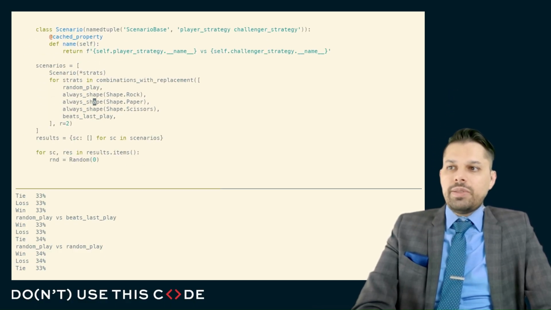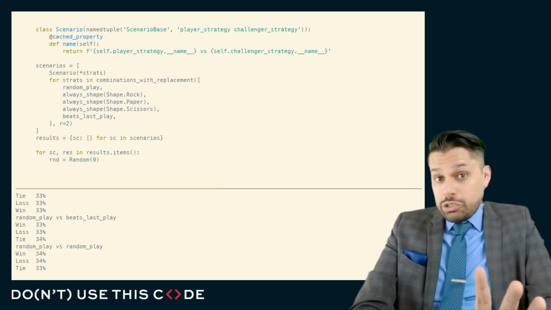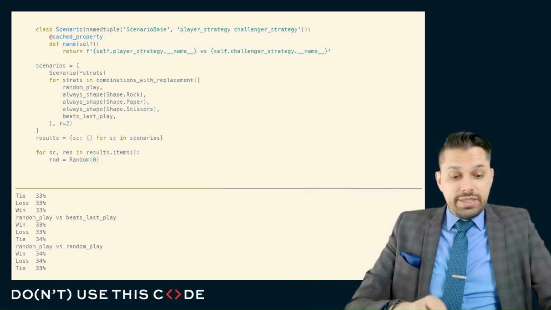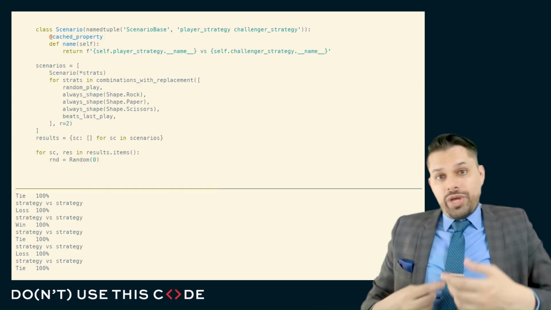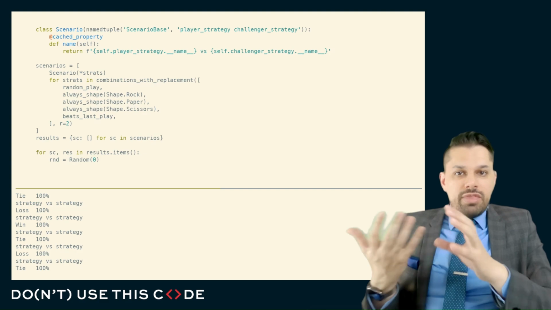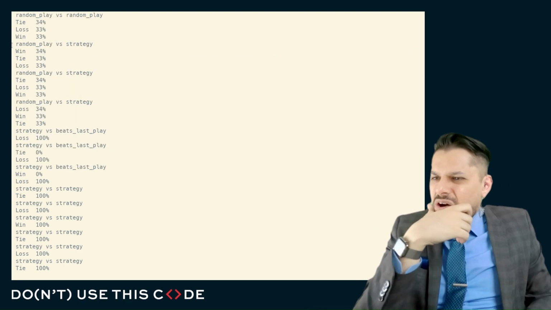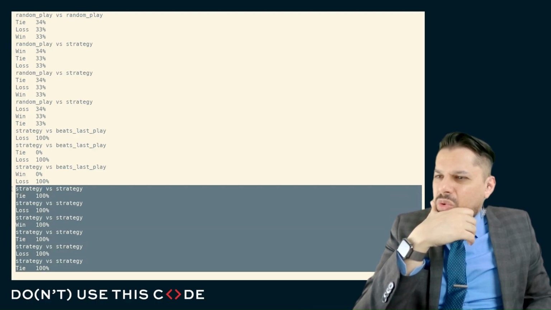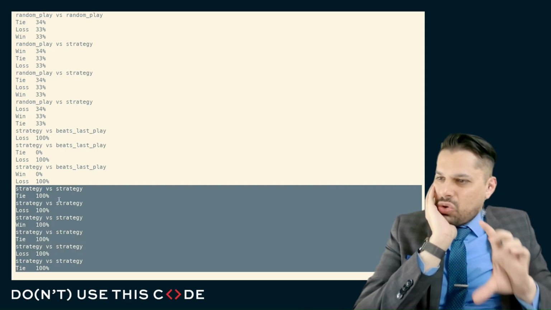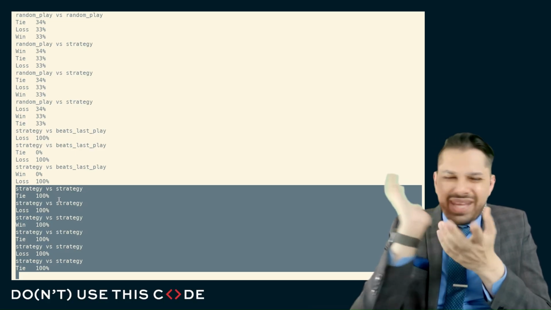And when I set up my scenarios, I set up one for rock, one for paper, and one for scissors. We won't expect anything that interesting to come out of these. Honestly, always rock, always paper, always scissors should all behave identically, but there may be some other strategies like a bias strategy that biases towards paper, rock, or scissors that might then behave slightly differently against these always one shape. The downside here is all of these are probably either always paper against always paper, always rock against always rock, or always scissors against always scissors, or the variation where it's rock against paper, rock against scissors, but I can't